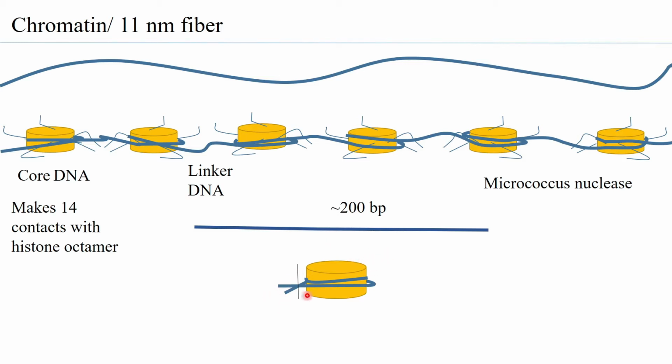But further studies showed that when you allow the entire linker DNA to be digested by a nuclease, only the portion that is wrapped around the nucleosome is not removed by the micrococcal nuclease. Why? Because the DNA is protected by the nucleosome, and so the nuclease is not able to cut the DNA that is completely wound around. It was found that the exact number of base pairs wrapped around the nucleosome is about 146 to 147 base pair.